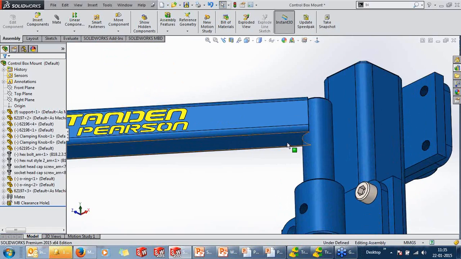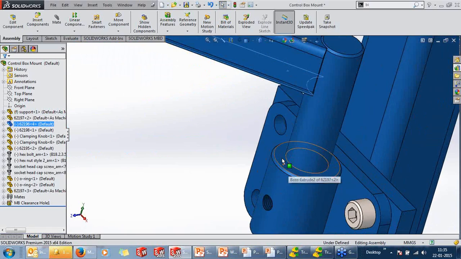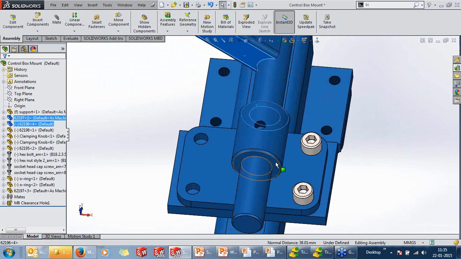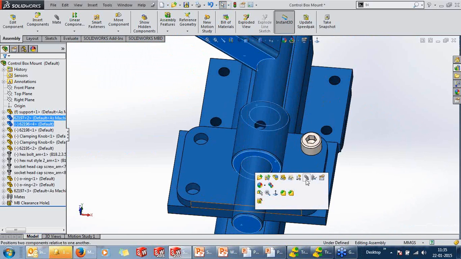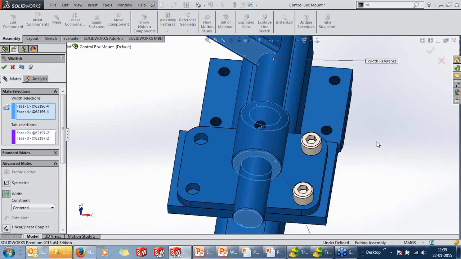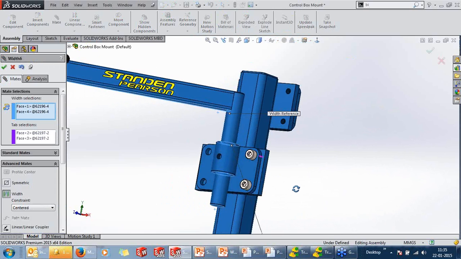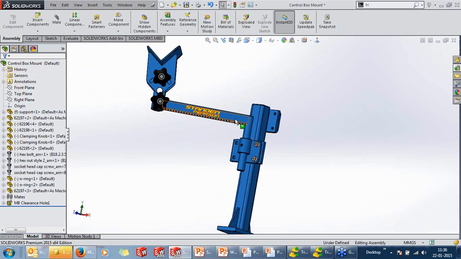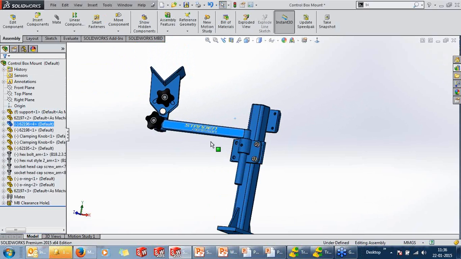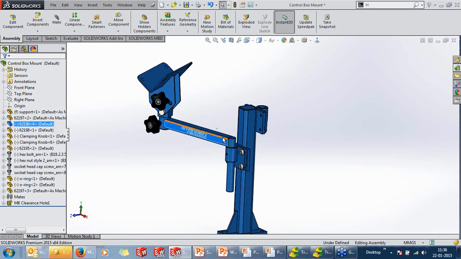In terms of width mate, everyone must be familiar with width mate. So there's some new enhancement in terms of width mate. Selecting these faces, SolidWorks automatically centers the whole profile. But now you can specify constraints like centered, dimension, percentage, but we give free for now. So giving free, we can now move the whole range of motion in 2015.